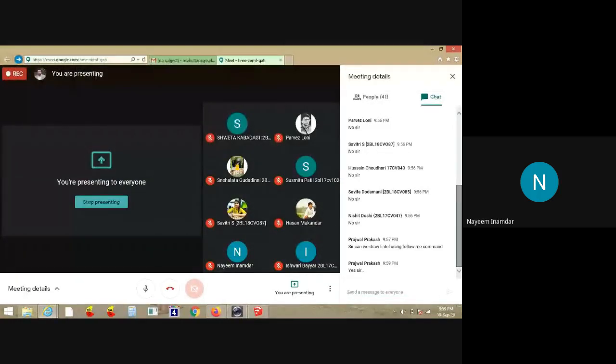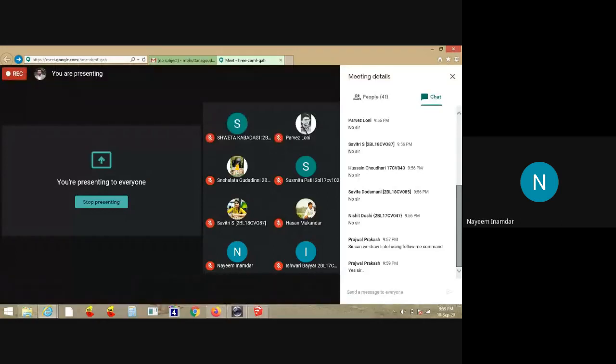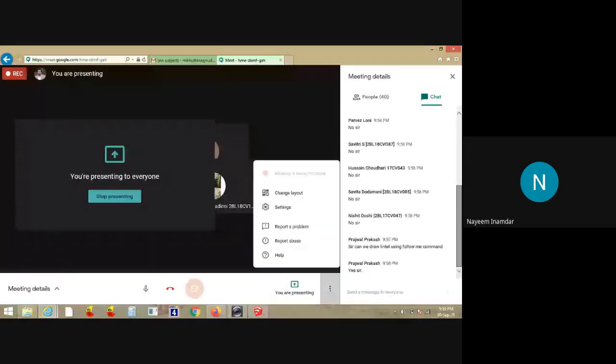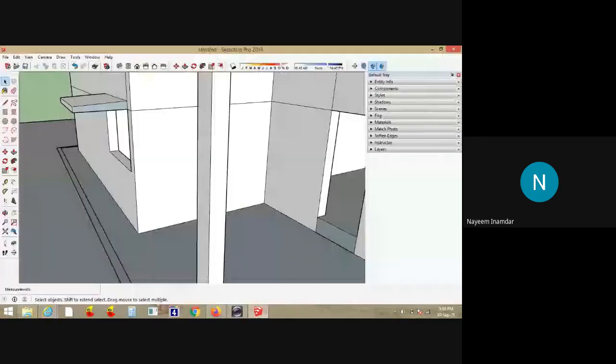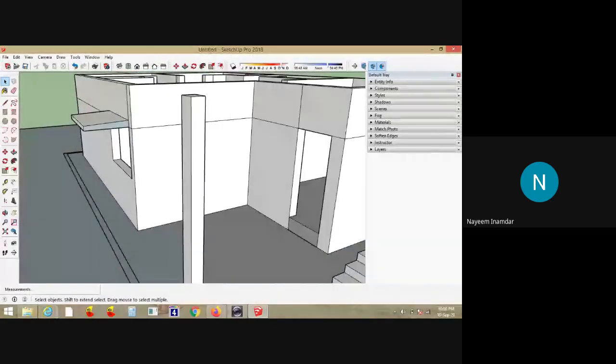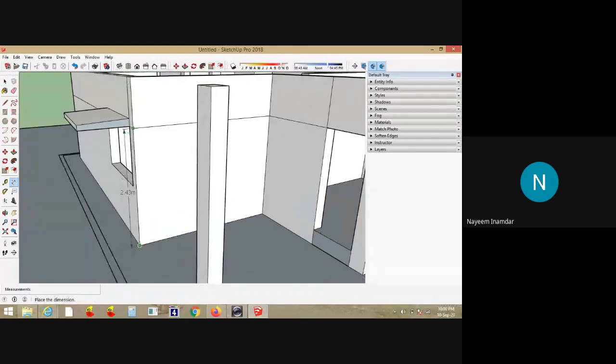Any other doubts? Sir, I have one doubt. Yes, please. Can we show all the dimensions on walls? Yes, we can. If I want to write the dimension from ground to lintel, that should be visible. Generally, what happens when we are giving a working drawing for a 3D model? We need to show all the dimensions of that. Go to the dimension tool here.